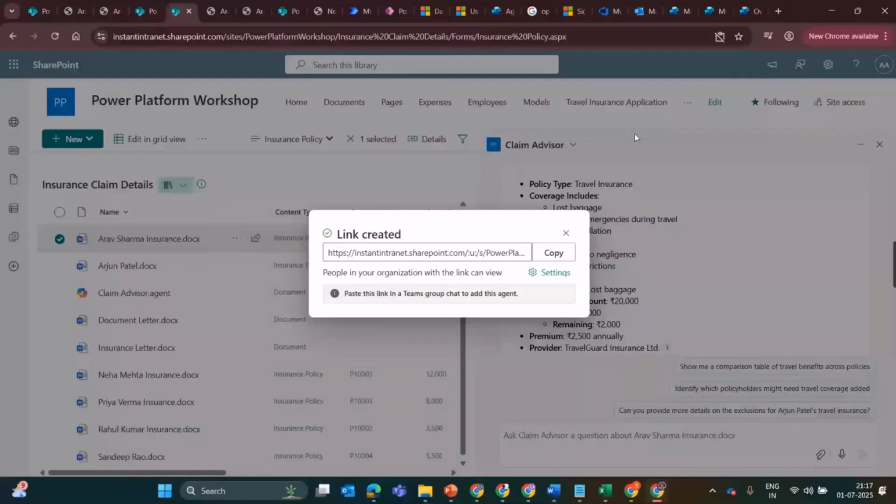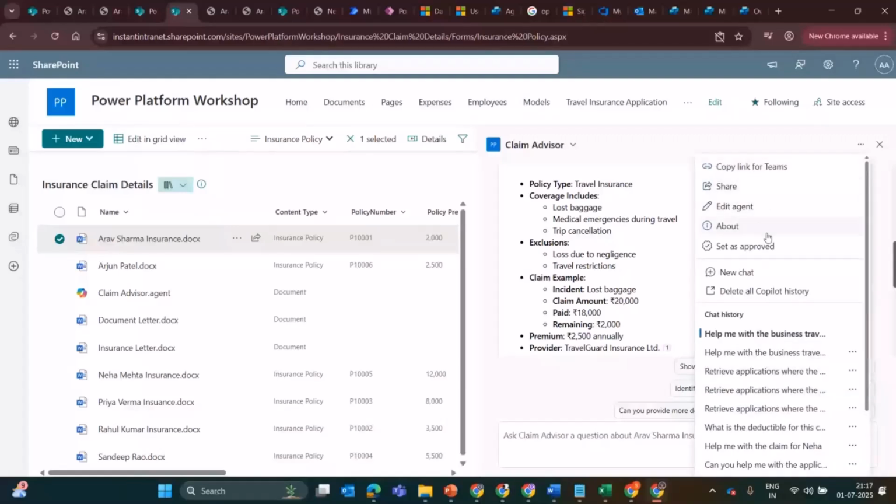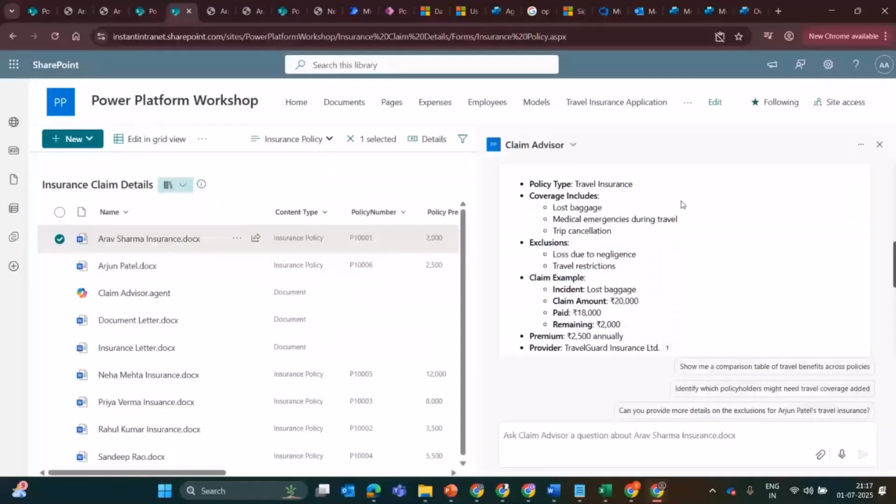I'm good. But you would say, okay, can everyone interact? Only those who have access to the agent. So here you need to go and share the agents as well. So if you see, all these personas will be able to go and start interacting with the agent. Those who aren't shared, or those whom I haven't shared this agent with, they'll not be able to go ahead and start interacting with the agent. They can't do that unless I share with them explicitly. So you need to manage the access of agents similarly to how you manage access to your libraries, lists,